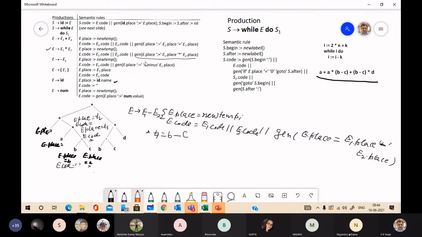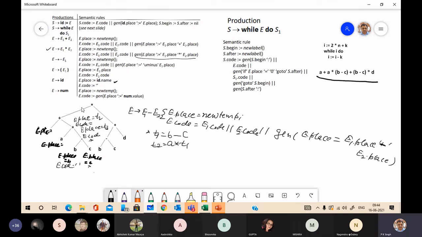So E place you have just computed, that is T2 equal to, this equal sign, E1 place is A, and then multiplication sign, and then E2 place is T1. You just see here T1.